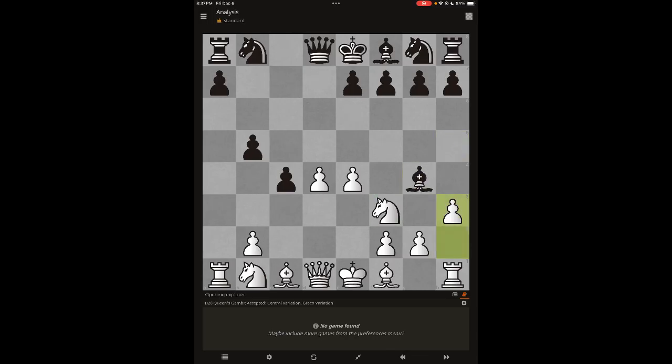But a lot of people are greedy and they're just going to come. I'm just going to go ahead and capture this. And then we're going to capture it back with our queen. So they sacrifice the bishop to kill the knight. That's what a lot of people will do, obviously, because knights are powerful, especially when I use them. But the thing is, now it's black's move, and we're gonna start seeing what they try to do.